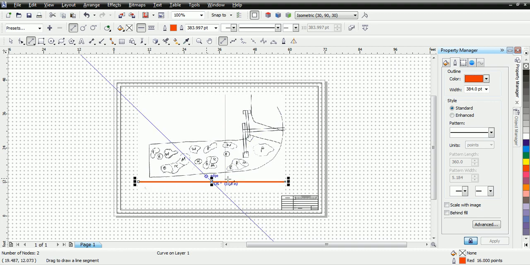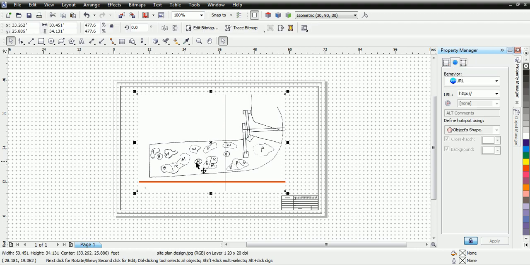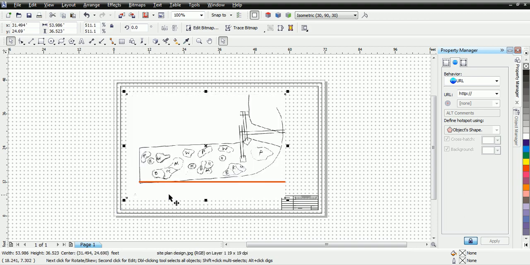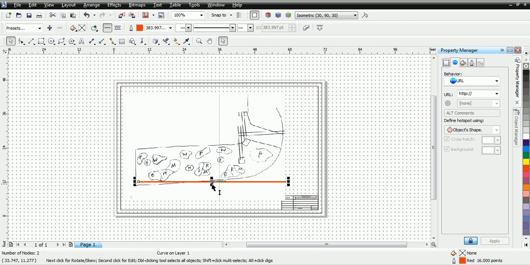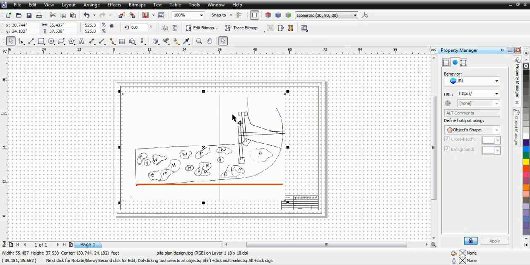We know that this red line is exactly 50 feet, and we can see that our imported site plan is just shy of that 50-foot mark. So let's increase or make the site plan a little bit larger. So we can increase a little bit more. Taking this line now, we can see that that does match up, and our plan is to scale. Now keep in mind, you only want to resize using the corner nodes rather than the middle nodes. Once we have our imported site plan